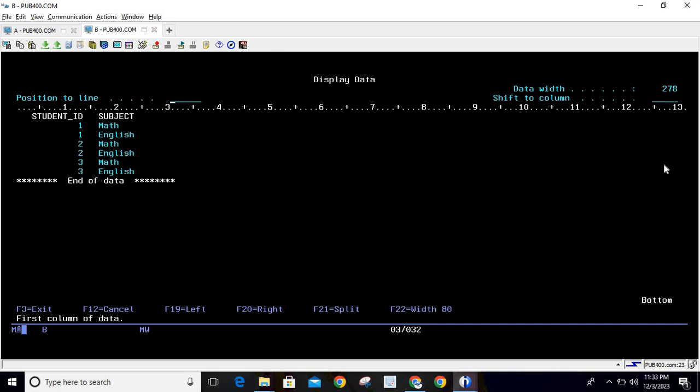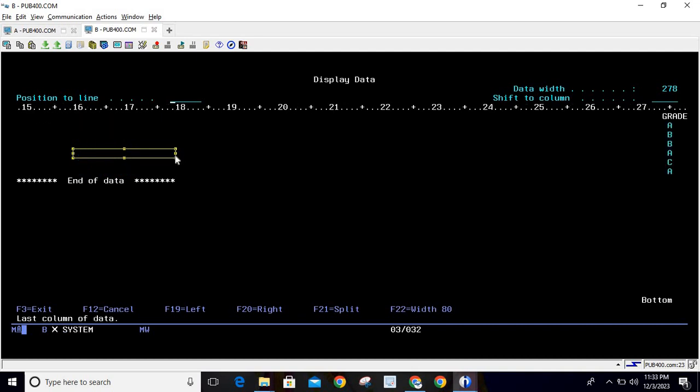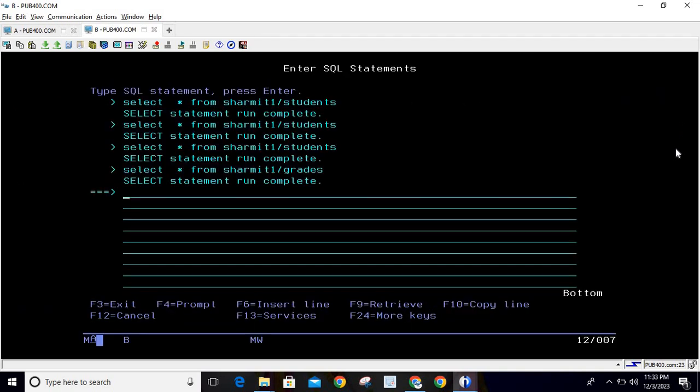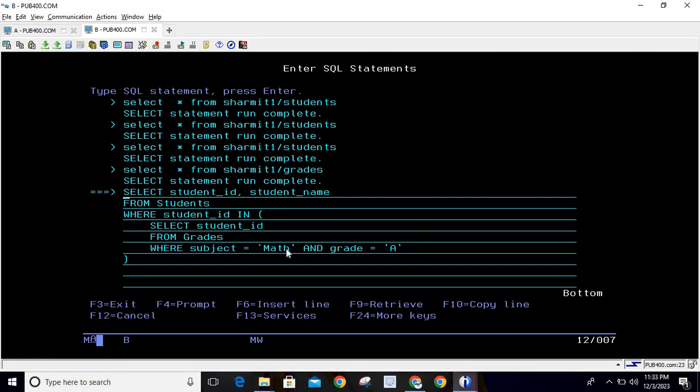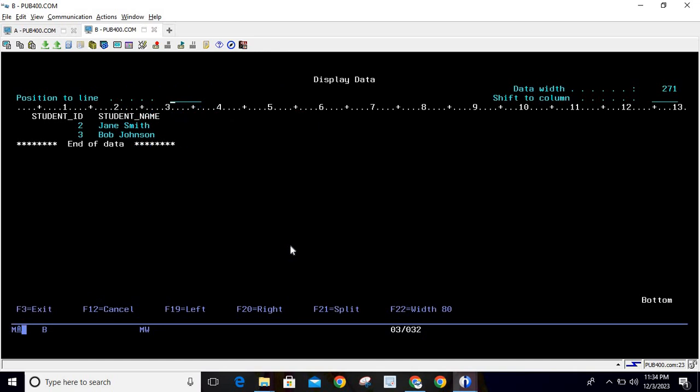We want to fetch only those data where, just focus on this record where subject is English and grade is, let me check, this third record, I guess. Okay, just simply go and change here. So for this query we will make the subject as English. So if I hit enter, you can see it is printing two records, student ID 2 and student ID 3,